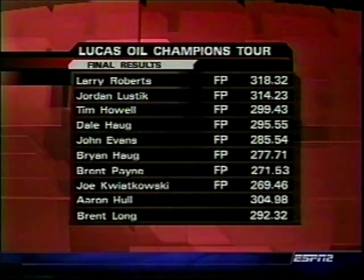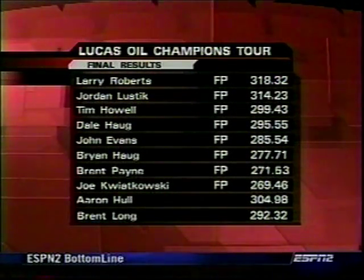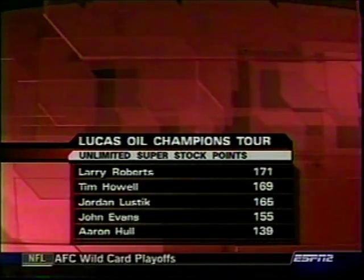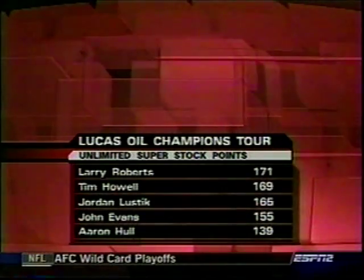Well, he could ask for a little more. He's got the points lead now. 318.32 feet for Larry Roberts. That is good enough to put him two points up on Tim Howell, because this is a very, very